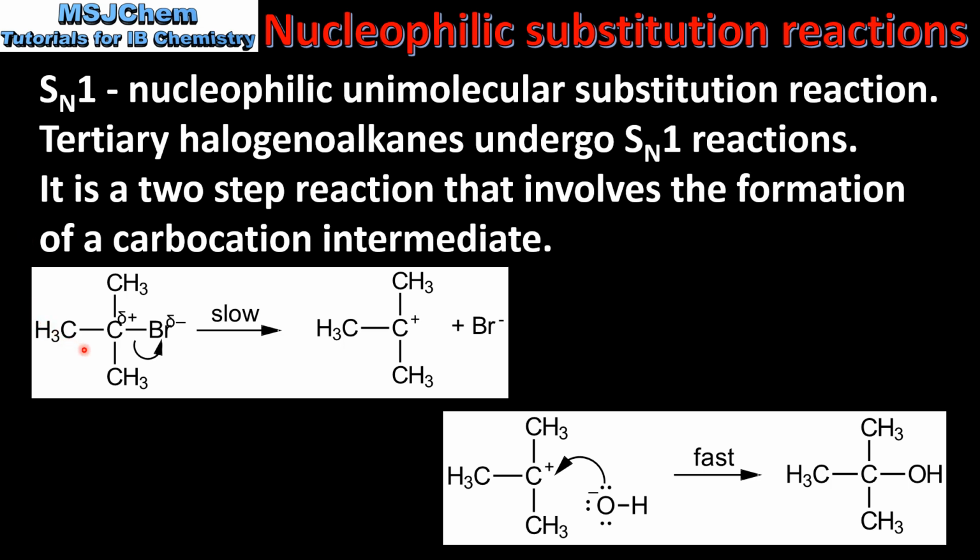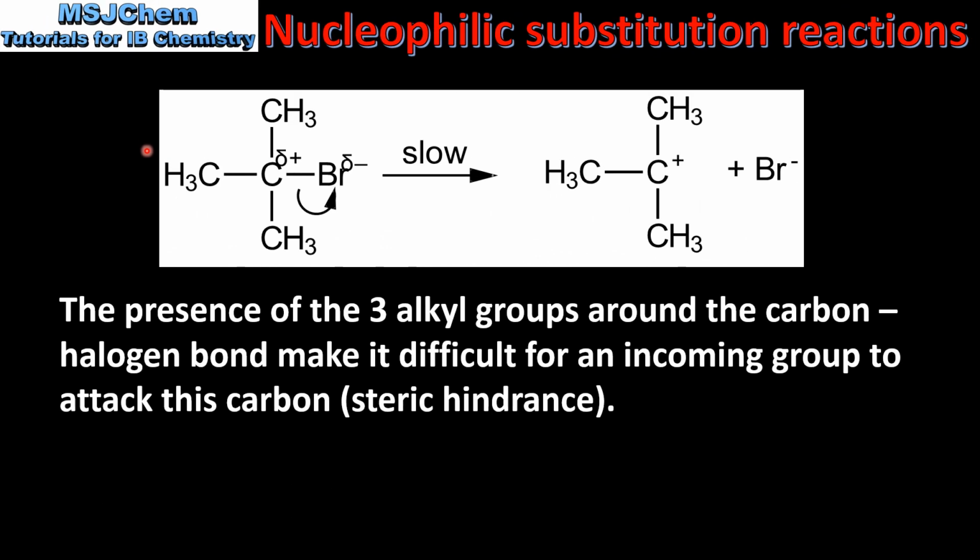Here we have the SN1 mechanism. As you can see, it's a two-step reaction that involves the formation of a carbocation intermediate. So here we have the first step in the two-step reaction. We start with a tertiary halogenoalkane, which is